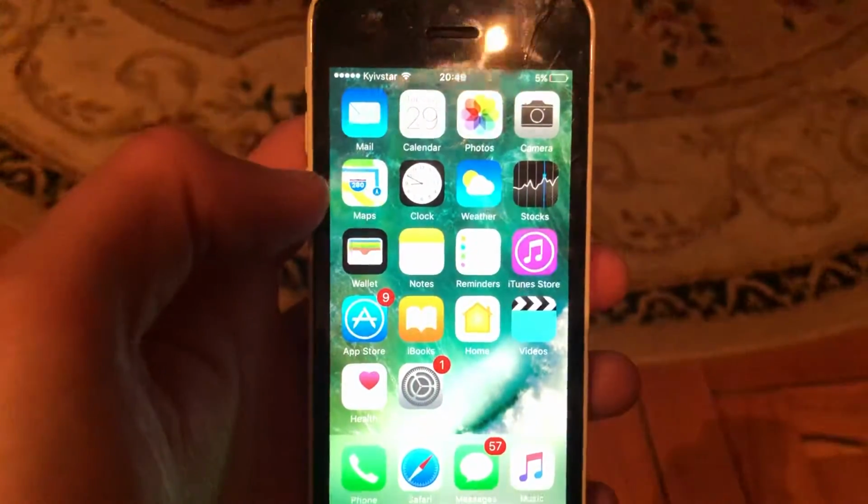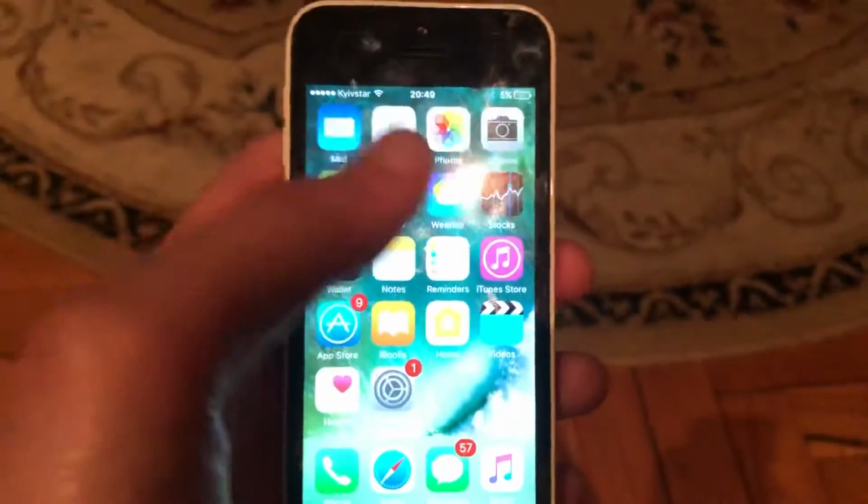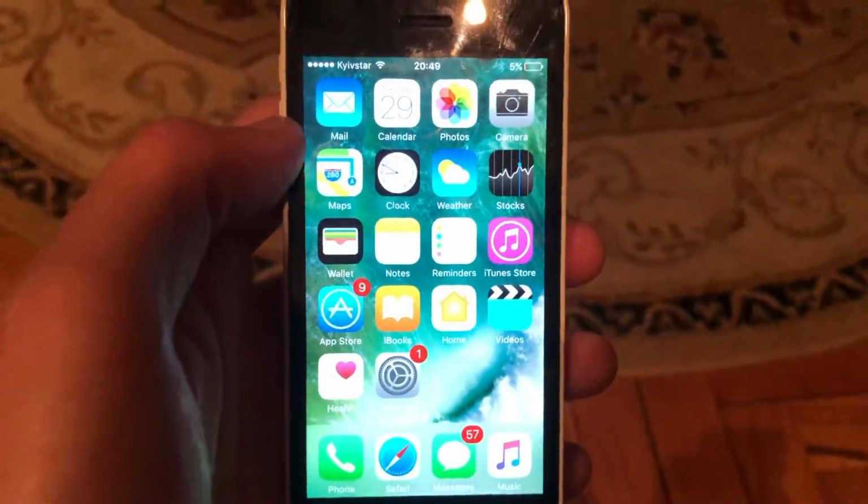And the last option you can try is to update the app. Just go to the App Store, search for Instagram, and if you see Update, just tap on Update and wait until it successfully installs the latest updates